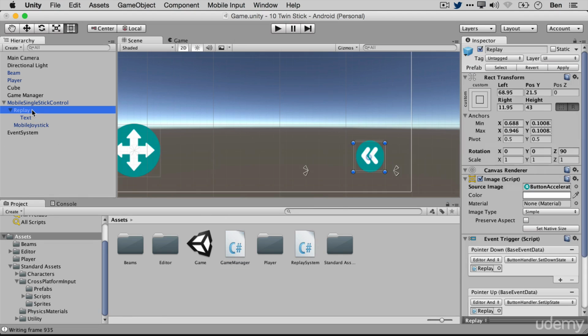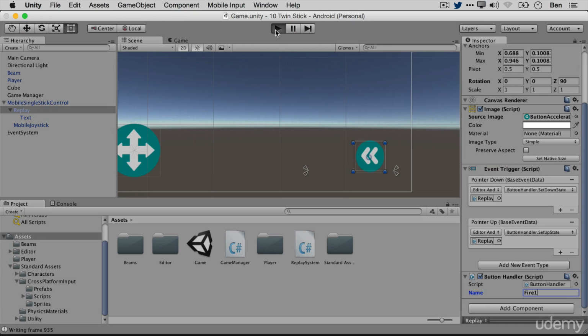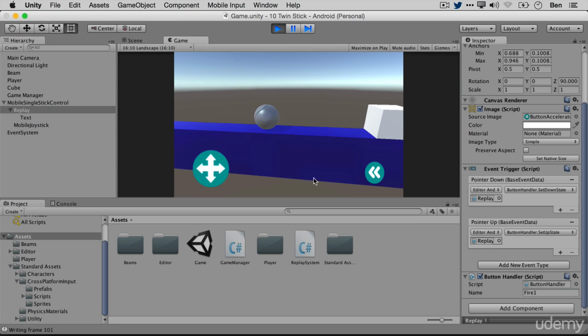So let's do that. Let's map the replay button. Rather than it firing out to jump, let's make it send out to fire 1. Okay, try that. So left and right, and then, here you go. Now it's got the replay bug we talked about before, which I'm not going to show you how to solve,